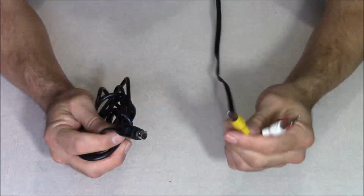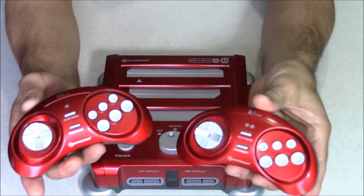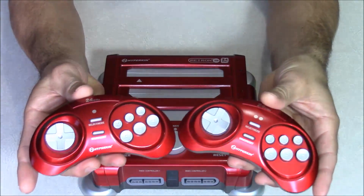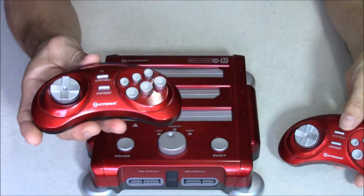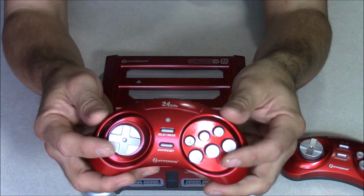So inside the box, it does come with an S-video cable, and this cable is pretty beefy, and also a set of composite cables. It also includes two wireless controllers. These are the newer model controllers that are 2.4 gigahertz, so they do work a little bit better, but they still have some issues. As far as the cosmetic construction of the controller, it's pretty decent, but